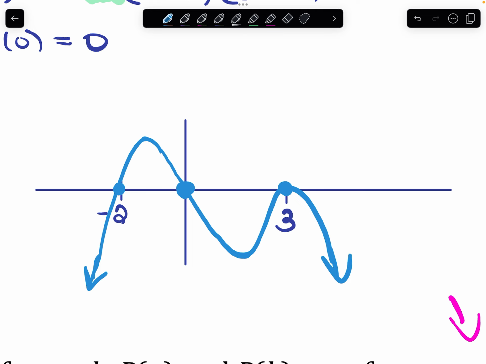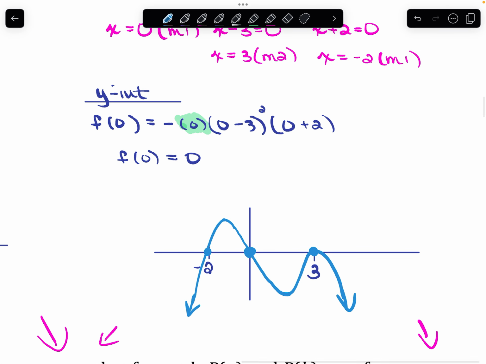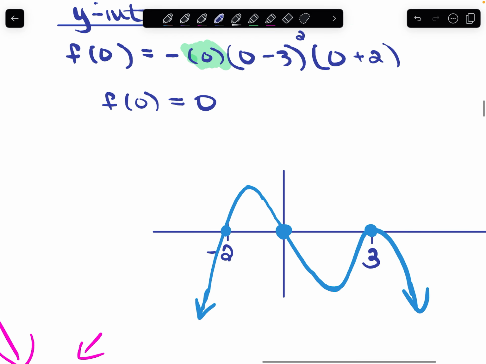So this is going to be the general shape of our graph. Now for your online homework, remember it's very, very picky. So you might need a couple of extra points to make sure that that maximum and that minimum are in the correct location. So what I would recommend for your online homework, anytime your graph is going to do something like this, go ahead and plug in -1 so you can get the correct height of that maximum. And then also go ahead and plug in 1 and 2 so you can figure out how far down you